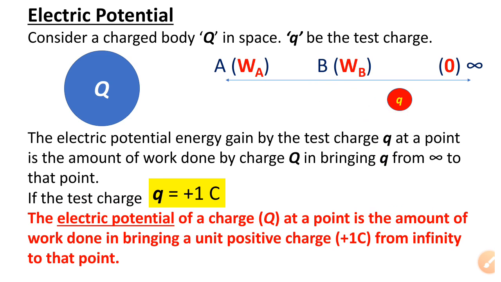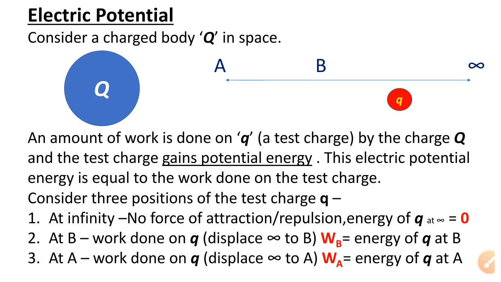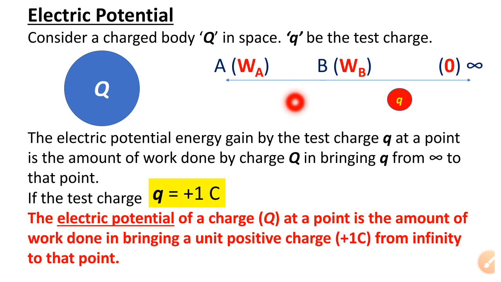Now, for electrical potential, we have so far considered only the energy. The energy of the test charge at different points, and here we are going to learn the electric potential. So let's see, this is the energy at point A for the test charge, and this one is for the test charge at B, and at infinity it is 0. Now the electrical potential energy gained by the test charge q at any point, A or B,